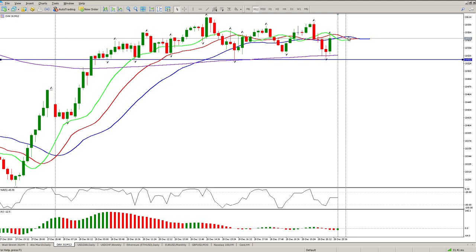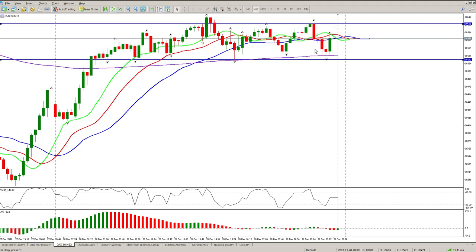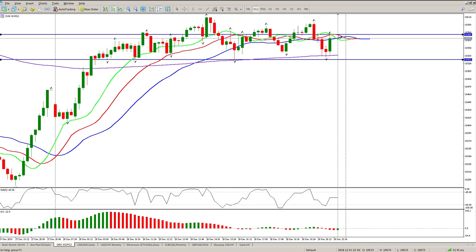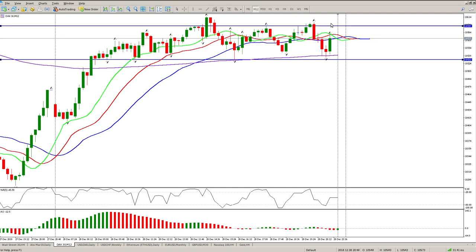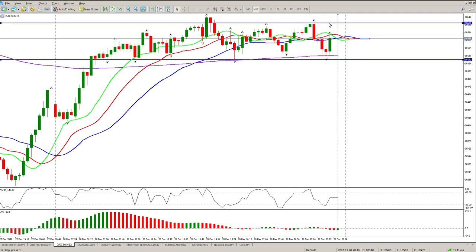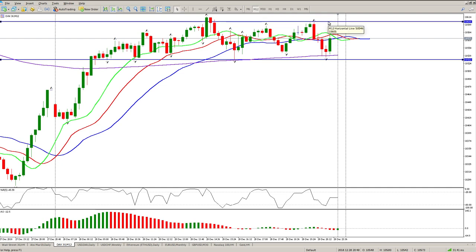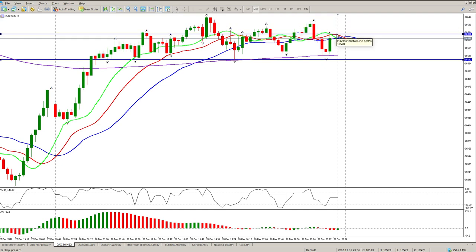If any one of those happens, there may be an opportunity for a short here, and then you just keep your stop above this previous fractal. Or in fact, you could keep it above that fractal, or above this fractal here. So the stop could be around 10,600 or 10,580. Those are the two stop levels. At this stage, it's looking like we've broken through those levels. We have to wait for the European open and see what happens.